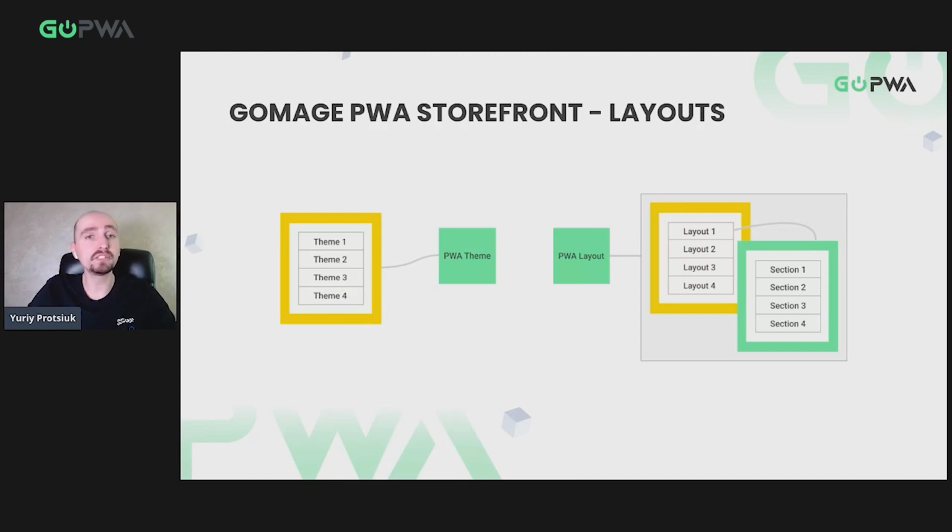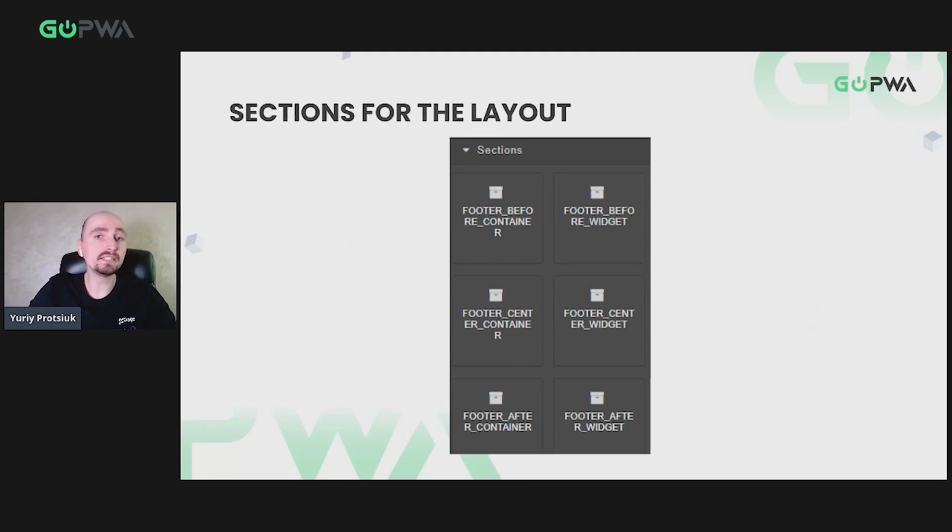Sections are the last but not least entity in this hierarchy. A section is a specified location within your layout where you can drag and drop content and features that you have developed for your PWA. So consider a footer layout. This layout is at a higher level of PWA customization. So what you'd want to do now is to create and apply a set of sections for your footer layout. Each section allows you to add pieces of content and functionality within this particular layout. And the same logic applies to any other layout within your PWA storefront.